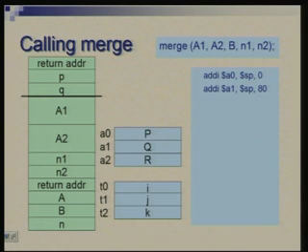A1 should contain the starting address of Q, and the parameter being passed for Q is A2. So, A2 starts 20 words down after A1, which means 80 bytes. So, SP plus 80 is the starting address of the second array, the second parameter, or the Q, which we are putting in A1. All right.